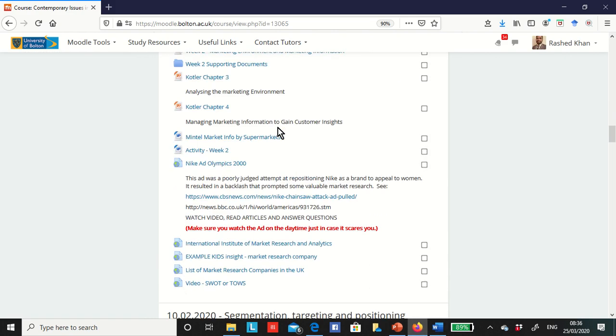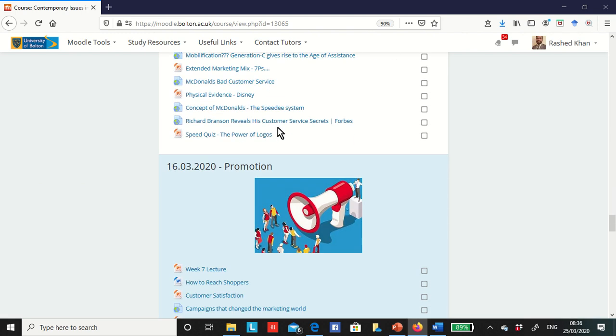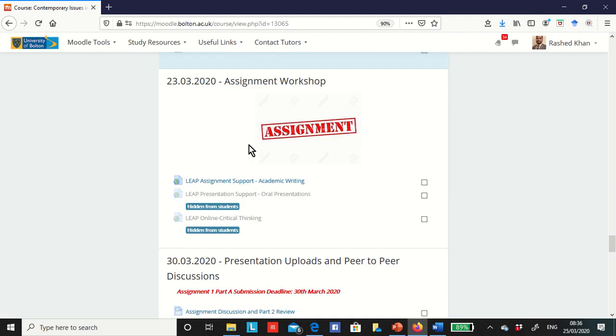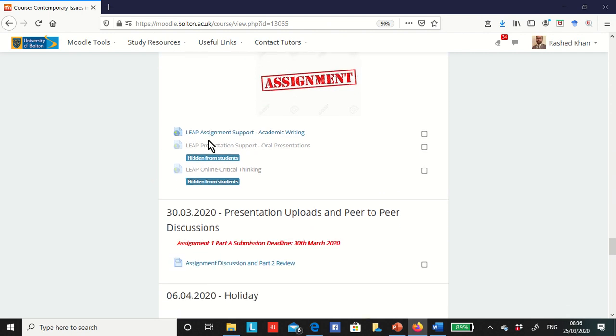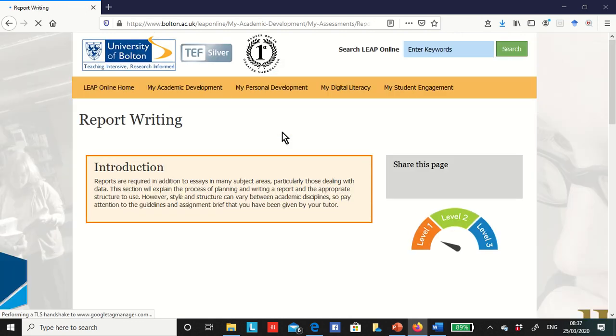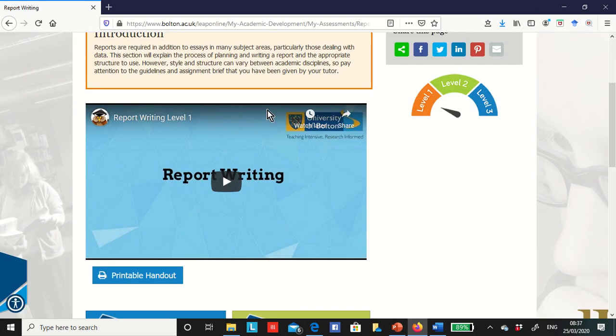If you go to the week assignment workshop, 23rd of March 2020, and click here, LEAP assignment support, that will take you to the LEAP Online University of Bolton web page.